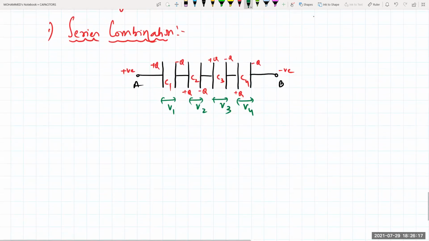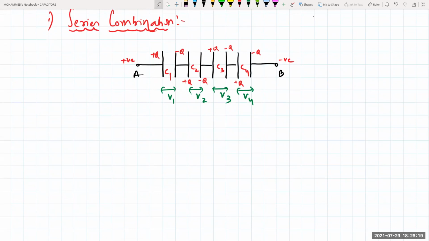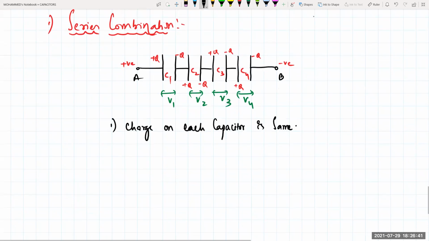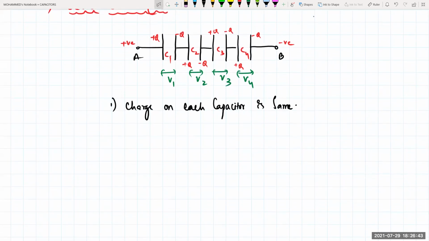So what remains the same in this one? The charge in this is always remaining the same, because there is no flow and no division of charge in this one. So I can write that the charge on each capacitor is the same. In series, the potential of each capacitor is different, isn't it? So total